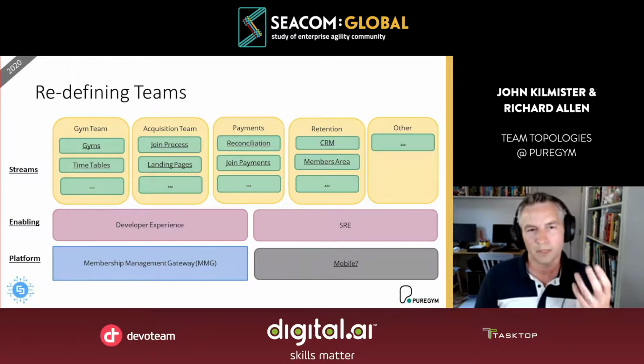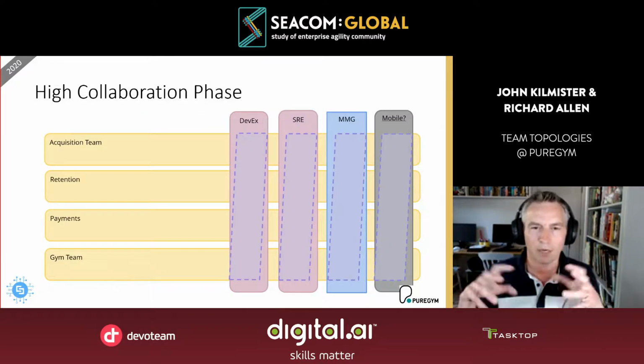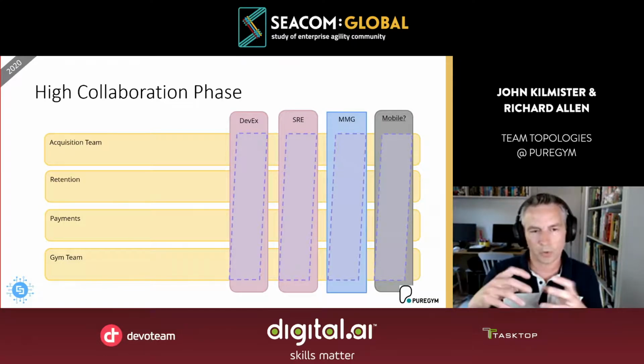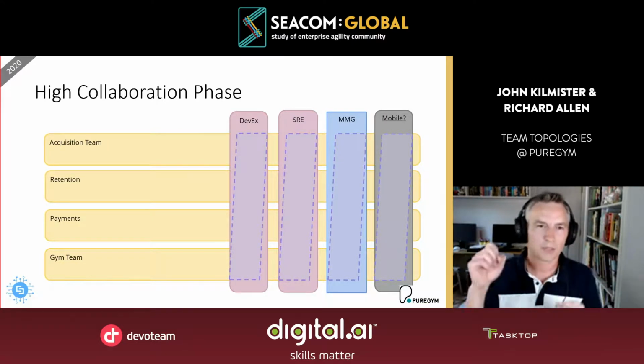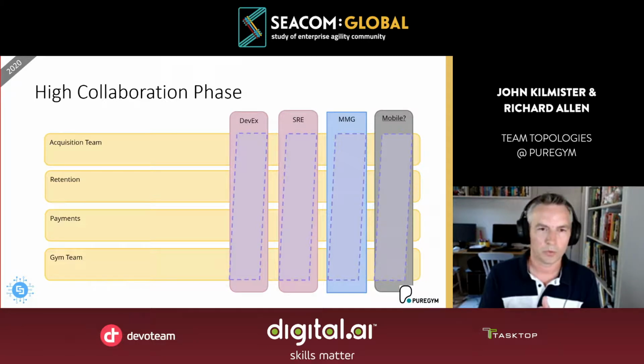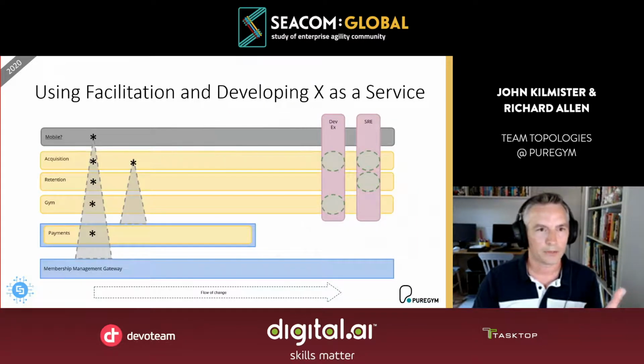So after defining those teams, what happened was that we moved into kind of a phase of really high collaboration, where each of those Streamlined teams were working closely with each other, really understanding the domain, who should consume what services, and that involved the majority of the teams. And then off of the back of that, we were able to identify the various X as a service